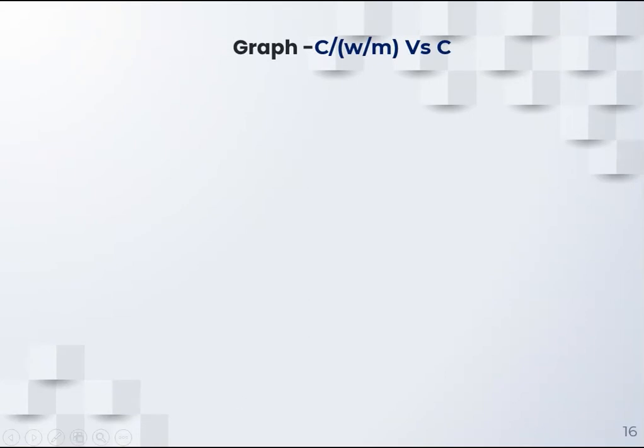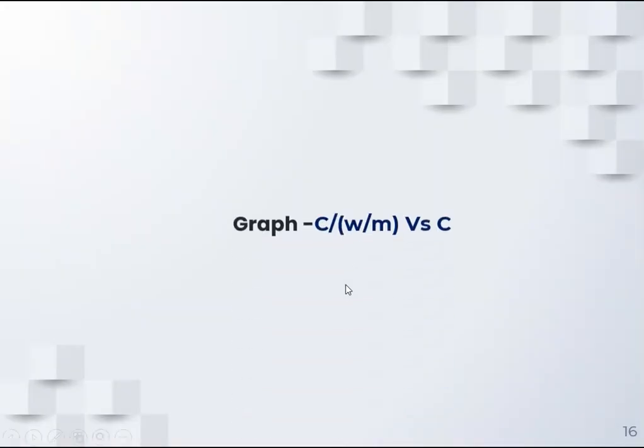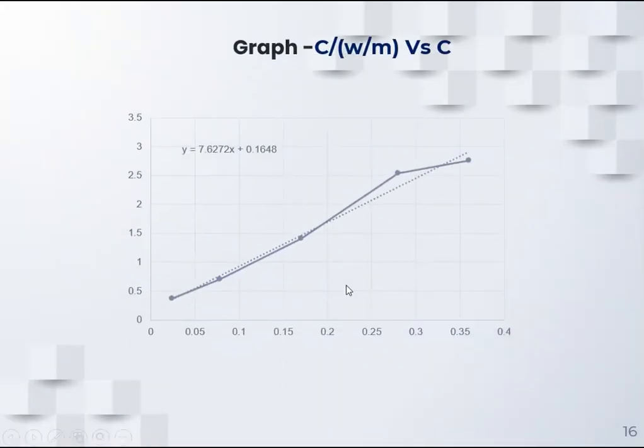Then we require to plot a graph. Which graph do we require to plot? That is C divided by W by M, meaning this last column versus this column. So we require to plot a graph of C upon W by M versus C, that is the N2 value. So when I plot this graph,